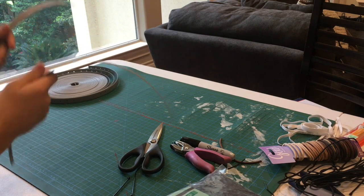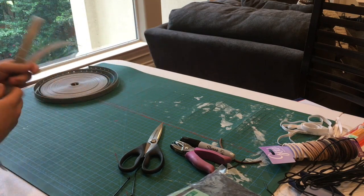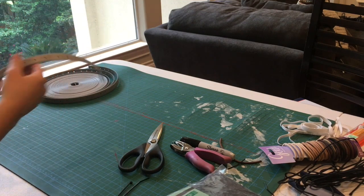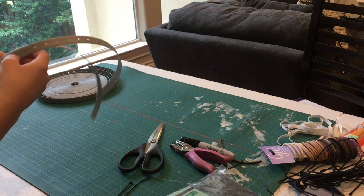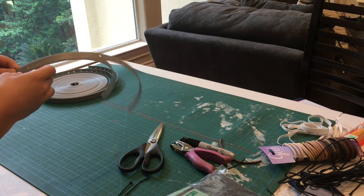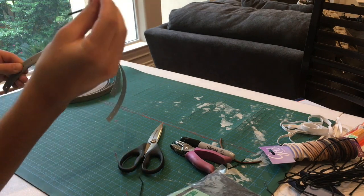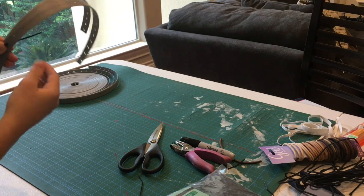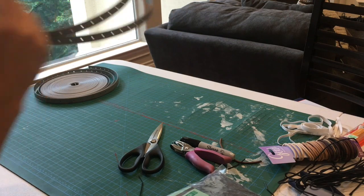Okay, so after you've cut the 2 strips of 22 holes, you're going to determine an outer strip and an inner strip, and then you're going to need 2 of the 4-inch cable ties. You're going to align it so that the first hole in the outer strip aligns with the 4th hole of the inner strip. You're then going to pass a cable tie through, like so, and you want to make sure that the smooth bit of the cable tie is showing on the outside,